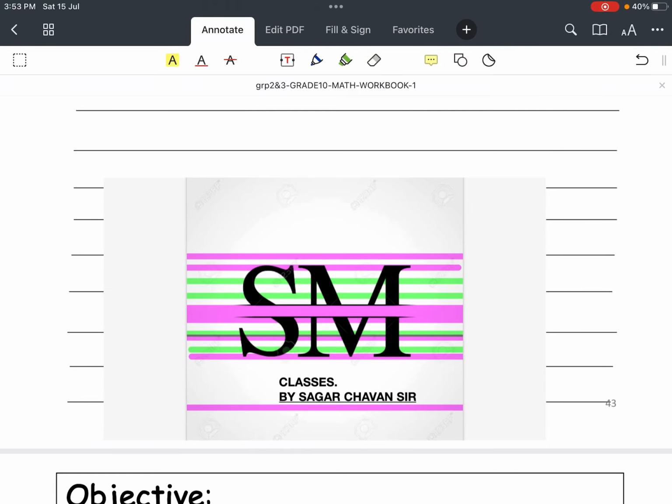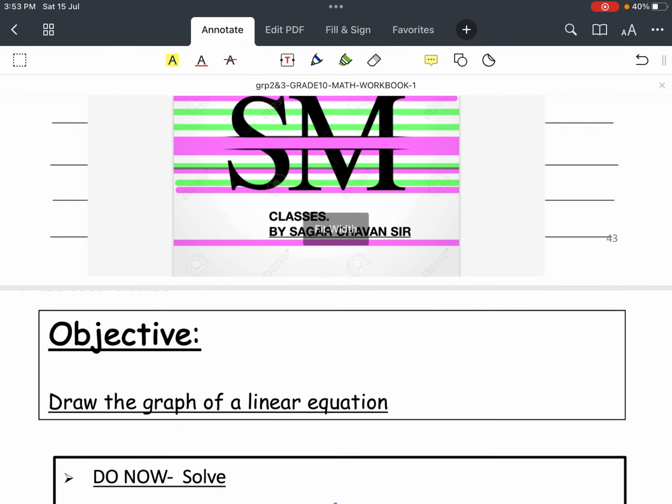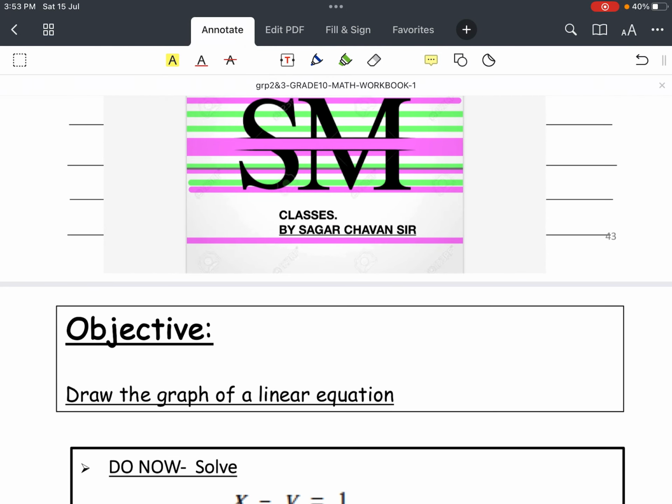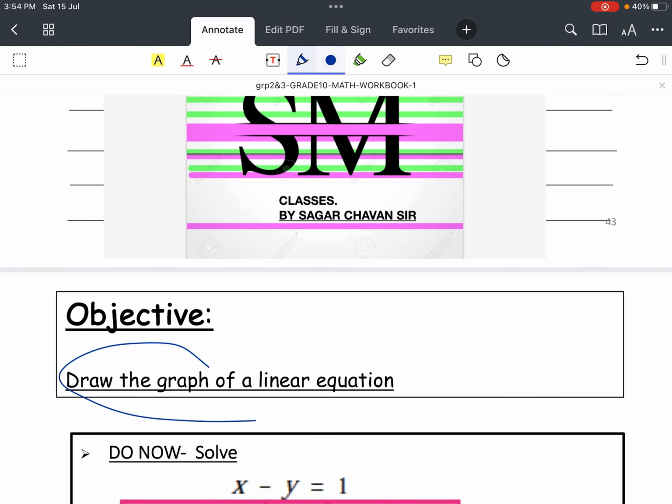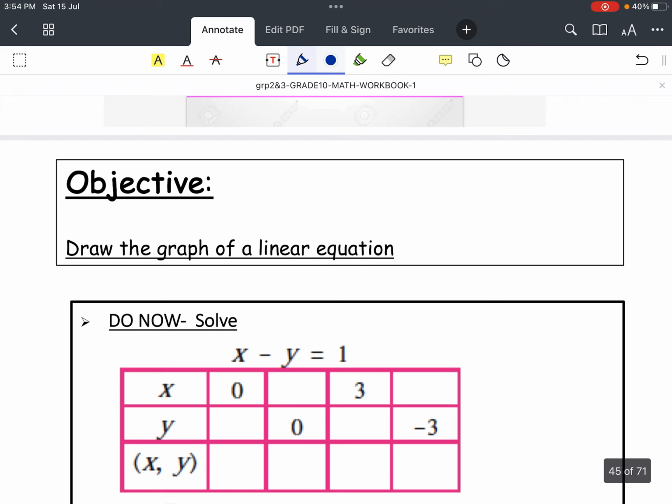हेलो, वेलकम बैक टू सम क्लासेस। जो हमने लास्ट में पढ़ा था, इंट्रोडक्शन ऑफ ग्राफ, और हमने पहले ही क्रैमर्स रूल को कवर किया है। अब नेक्स्ट ऑब्जेक्टिव है हमारा जस्ट ड्रॉ द ग्राफ ऑफ लीनियर इक्वेशन।